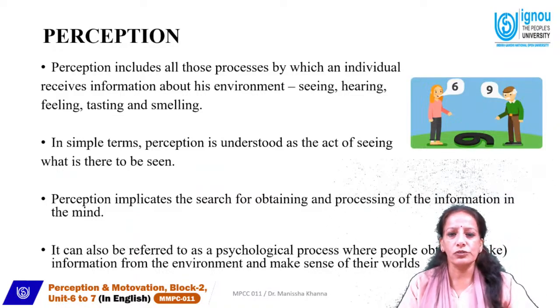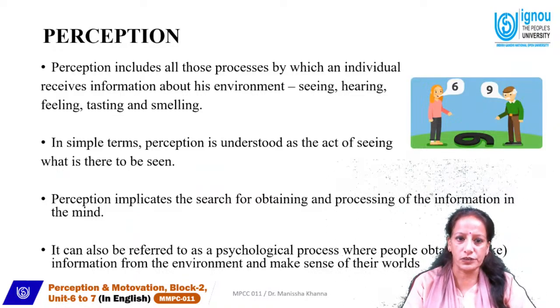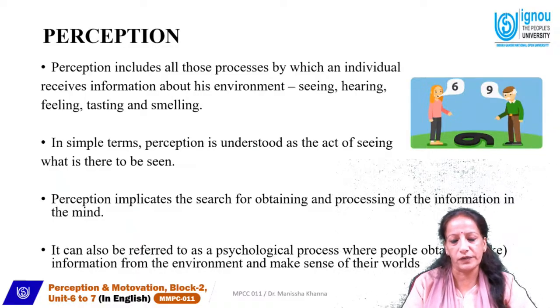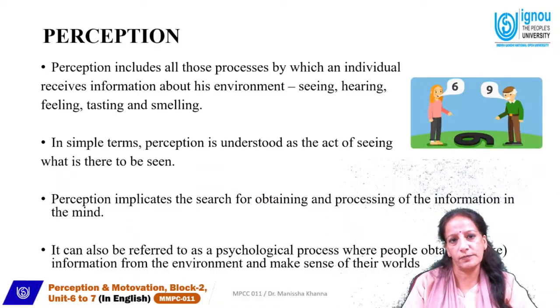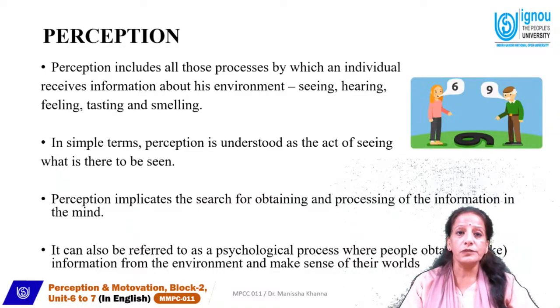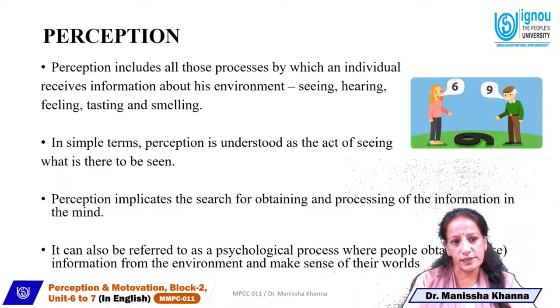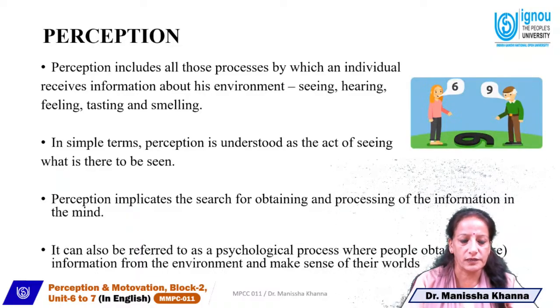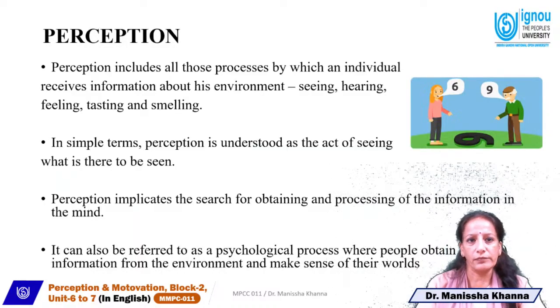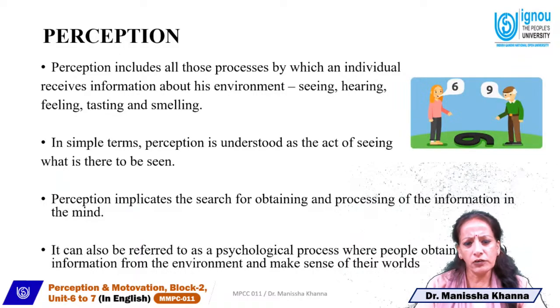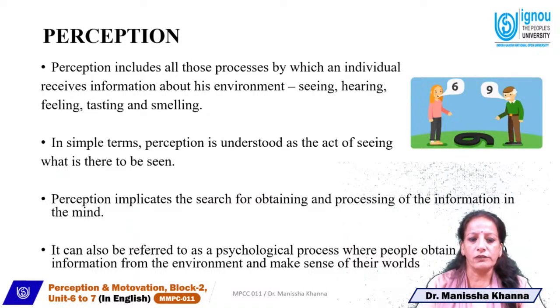Perception includes all those processes by which an individual receives information about its environment by seeing, hearing, feeling, tasting, and smelling. In simple terms, perception is understood as an art of seeing what there is to be seen. Perception implicates the search for obtaining and processing of information in the mind. It can also refer to a psychological process where people obtain information from the environment and make